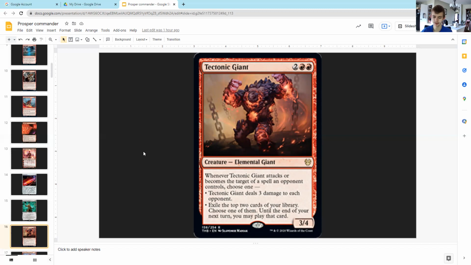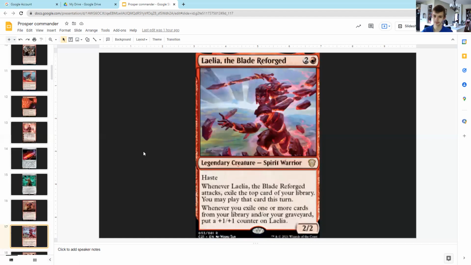It's your choice. Tectonic Giant is another flexible card, and it can trigger multiple times because its ability triggers when it attacks, and when it becomes the target of a spell an opponent controls. In which case, we can have it deal 3 damage to each opponent, or exile the top 2 cards of our library and choose one of them until our next turn, and we can play that card. So very flexible,